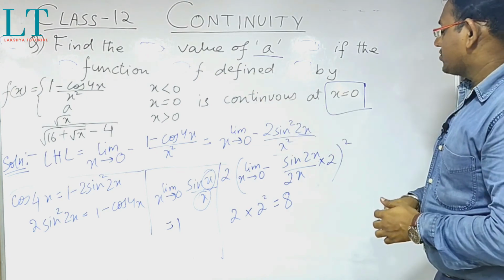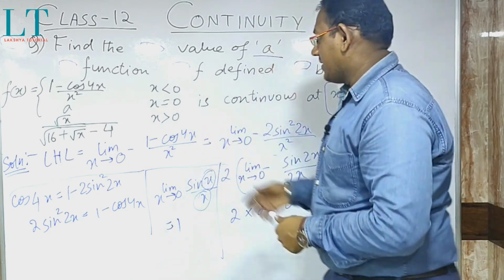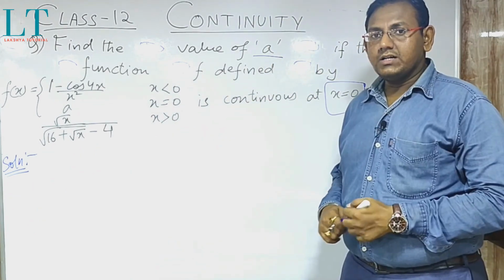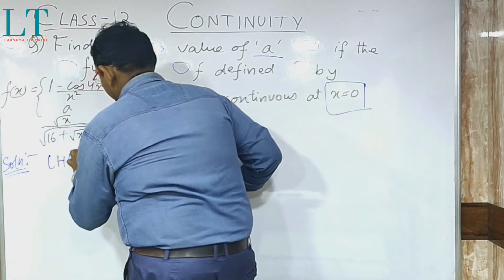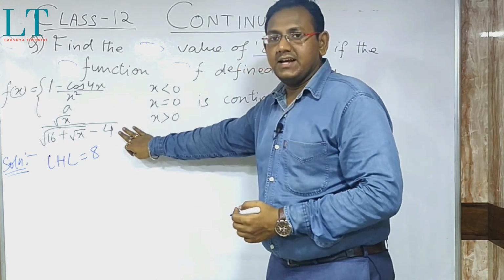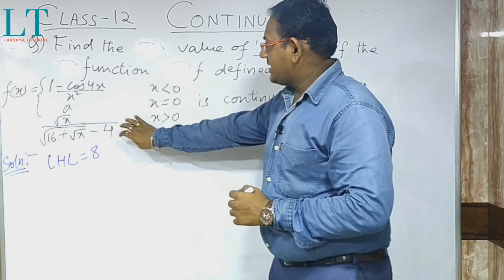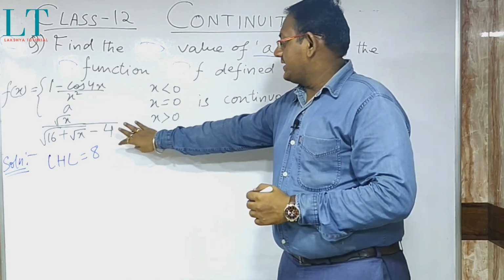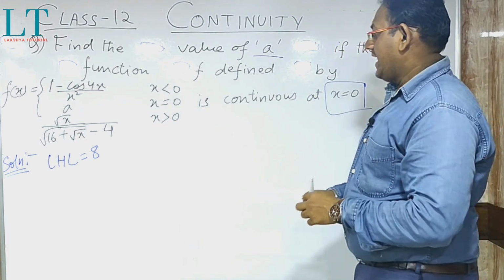The next thing is to compare this with A. Now let us compare that part. Now we already got the value of left hand limit as 8, and if we are going to simplify the right hand side, we are also getting the same value. If you haven't done this part, try it at home, and if you try it, you will get the same result. That means you will get 8 over here.